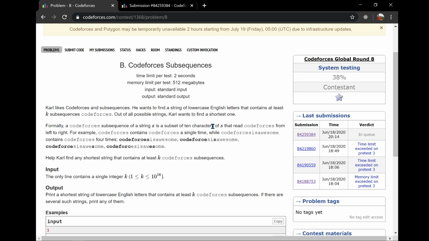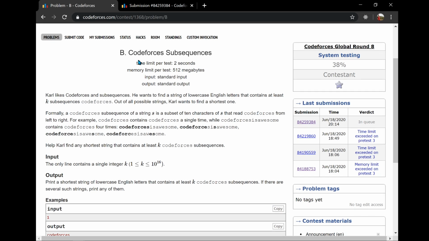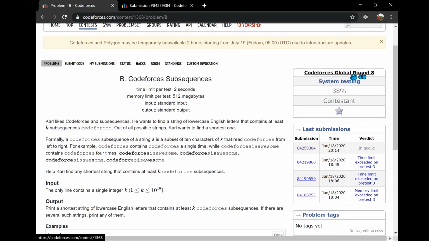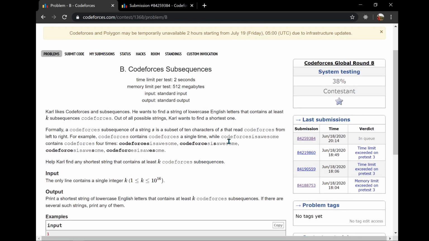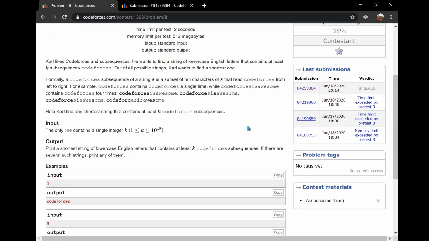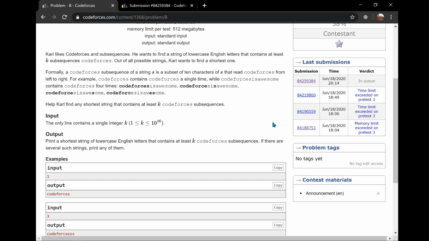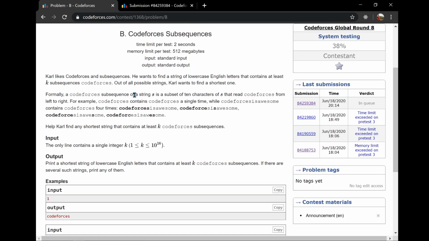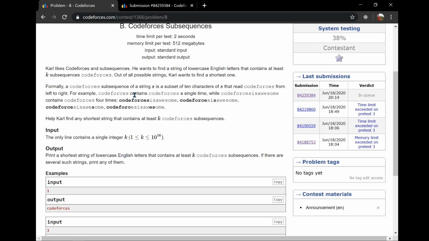So hey guys, welcome to this video solution of Codeforces Global Round 8 Problem B. This was a really tricky question. By first impression, you are definitely tempted to attempt an order of n answer which you feel is really easy. That is why I got so many wrong submissions. But finally I understood my mistake and was able to correct it. So now without wasting any other time, let's get to the problem.